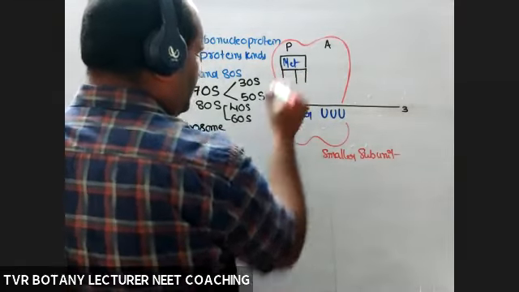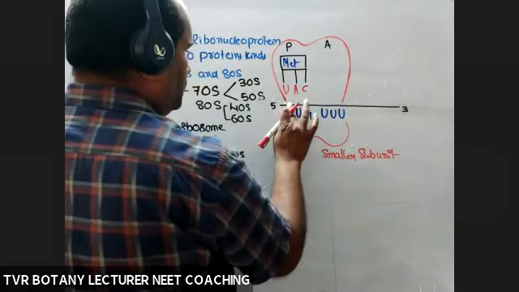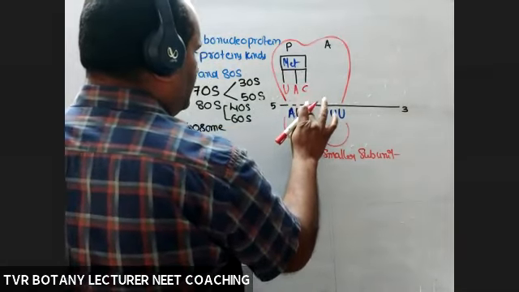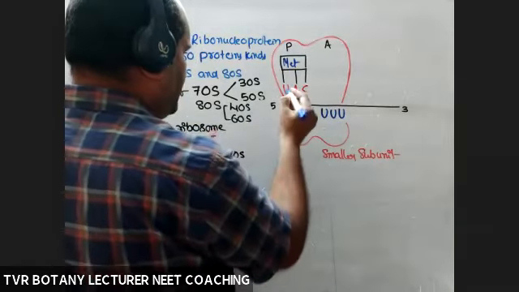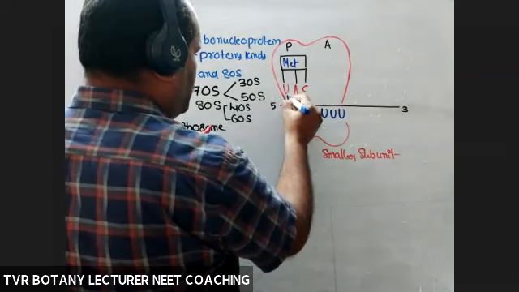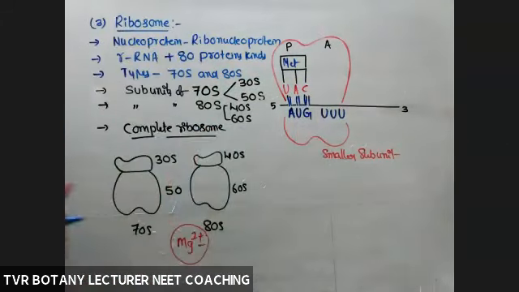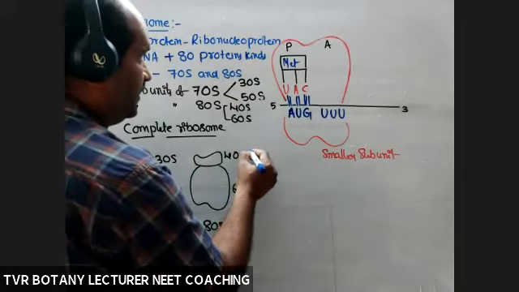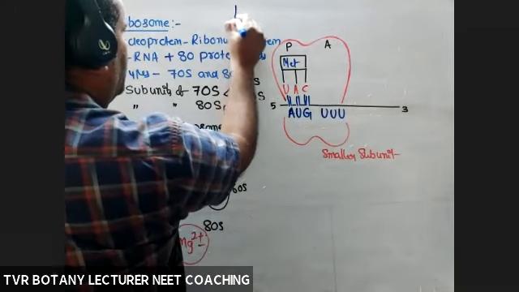U is already there: U, A, C. So a tRNA with a UAC anticodon is able to transport methionine. This tRNA, here I'm writing, tRNA with